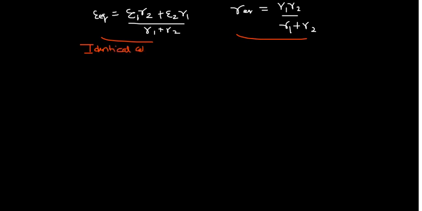In the identical cell case, we have many cells: E1, E2, and so on up to n cells that we are connecting. Each one of them has the same value of E, and similarly the internal resistance of each is the same. If we connect n number of resistances, I take their value as R. With this note, let us draw a short diagram.